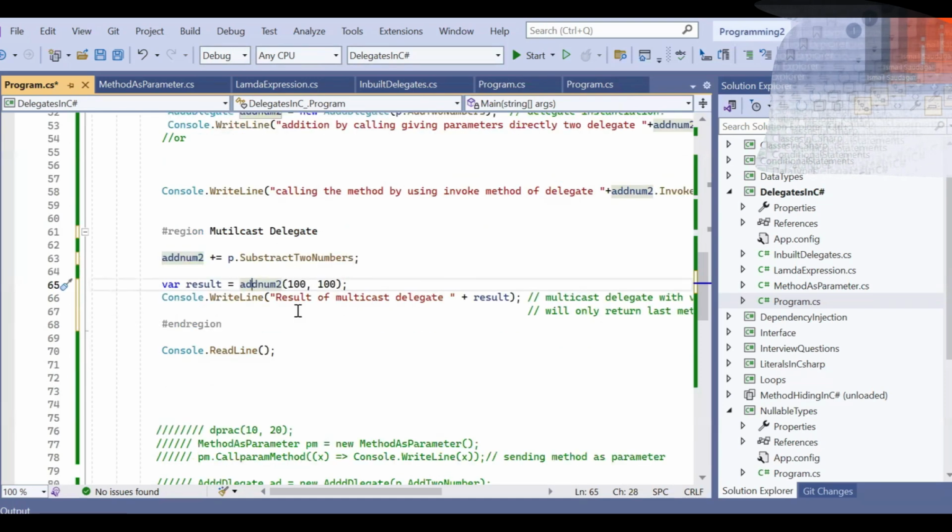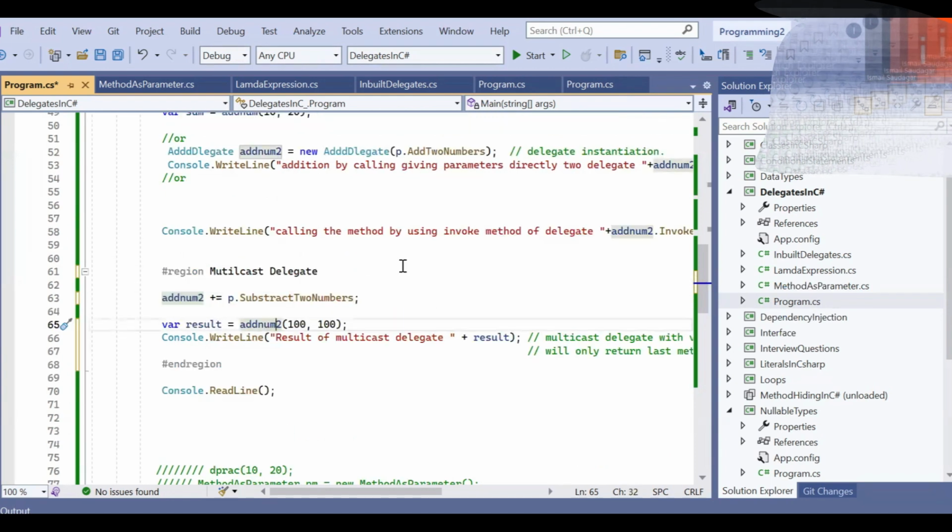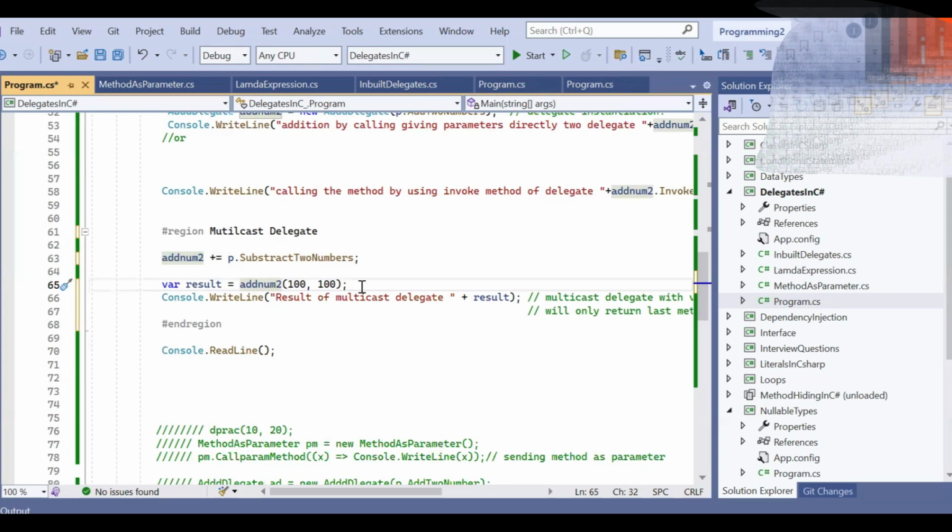But it will return the last value, meaning the method which we are calling after add two numbers, that is subtract two numbers. This subtract two numbers method returns 0, so the result 0 will come, and it will not persist the first method's value, that is the add two numbers value. So a multicast delegate is not suitable for methods which return a value, because it will not persist